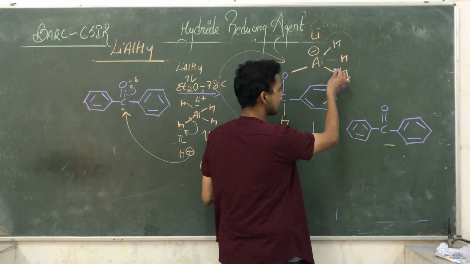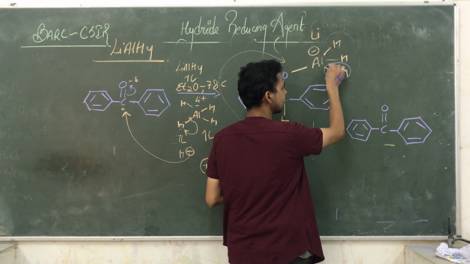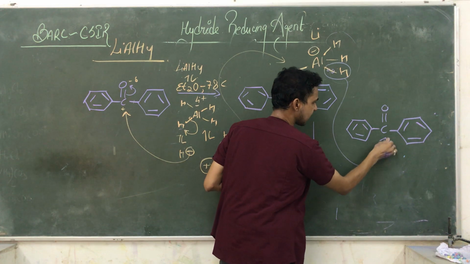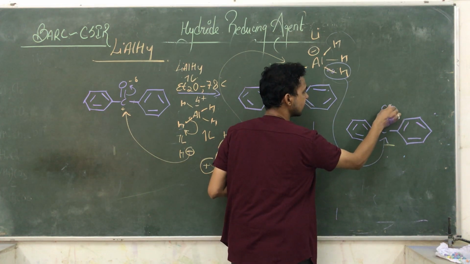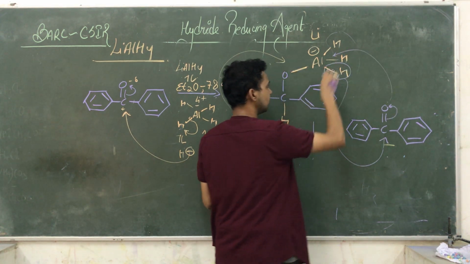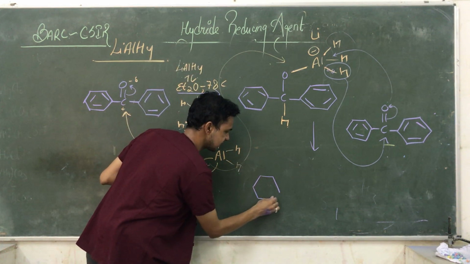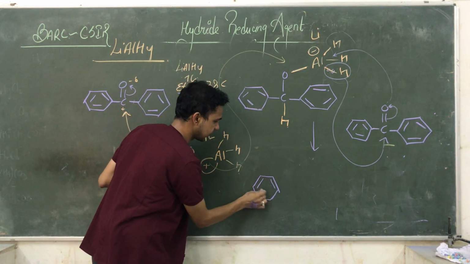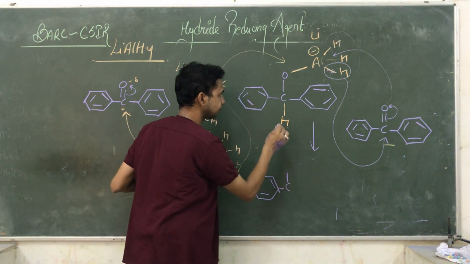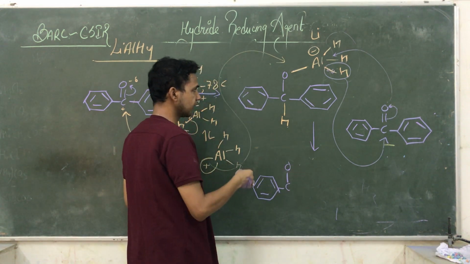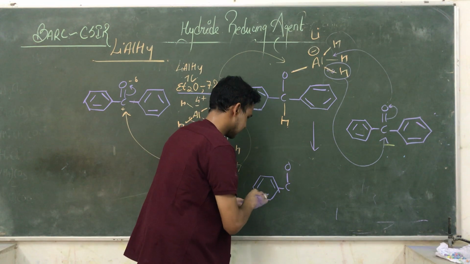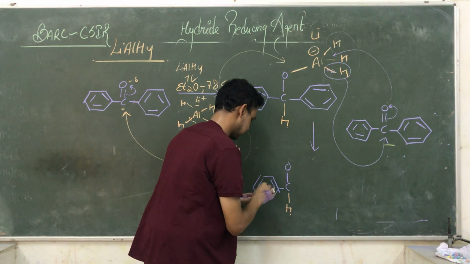So again see this type of reaction. Again hydrogen takes its own electron, attacks on this carbon, the electron moves here and attacks on this aluminium. So what is formed? See. So this one is the previous structure. You remember the structures. It is O. That is O. Okay. This one is H. This one is the benzene.